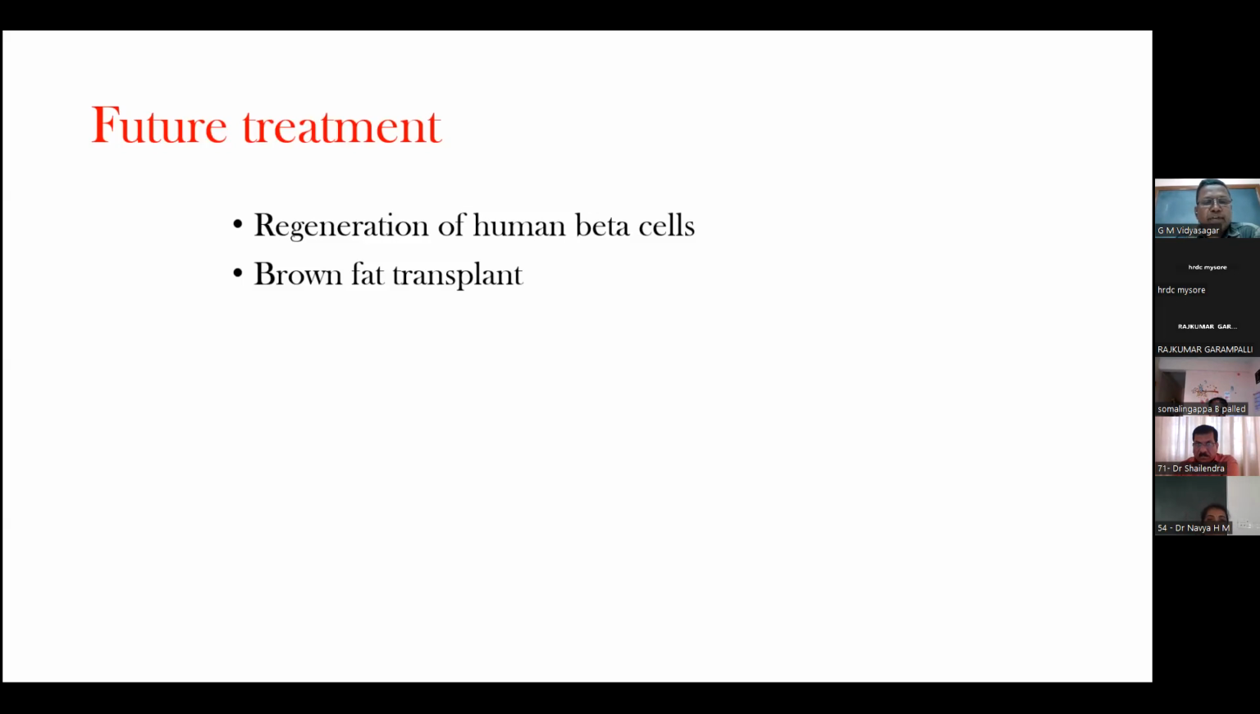Then brown fat transplants. So we have adipose tissues, white fat is there, and brown fat is there in the